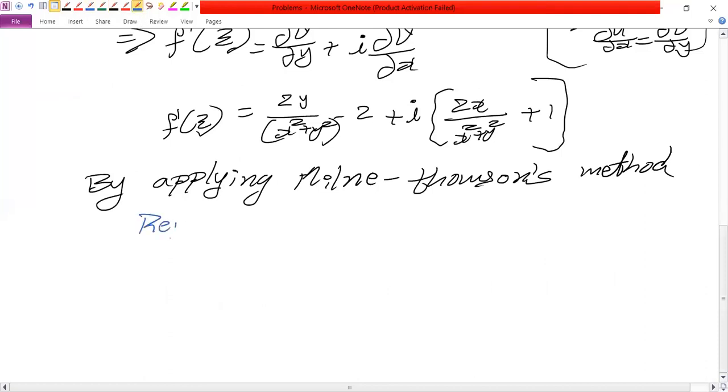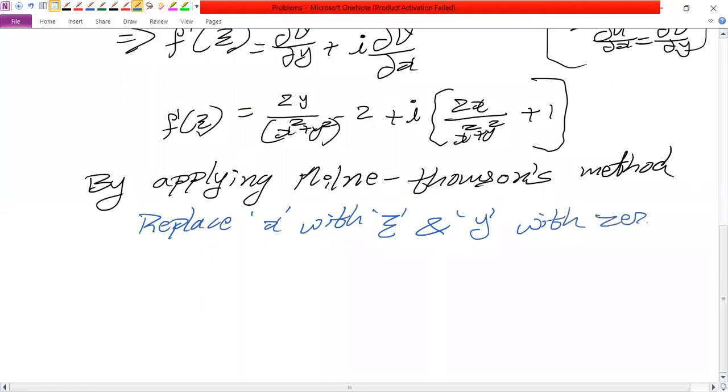Replace x with z, and y with 0. With 0. Okay, so now if we do this, f dash of z equals